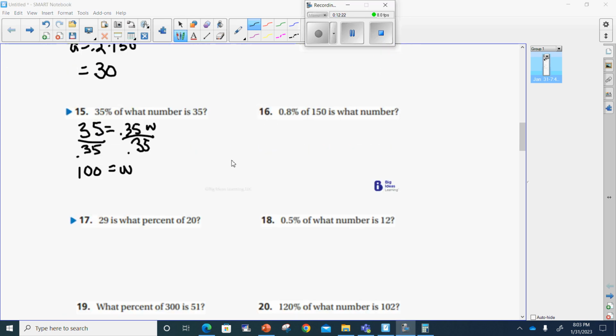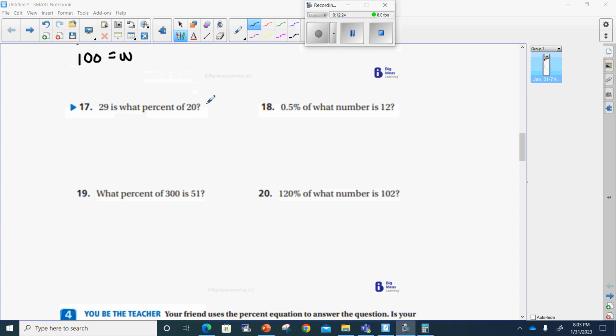All right, let's go to number 17 now. It says 29 is what percent of 20? So "of 20" tells me that 20 is going to be the whole. 29 is the amount, so it's going to be over here as my amount, and that means they're looking for the percent. So I can put the percent over here. I know something times 20 will give me this. I'm going to have to divide 20 away to get P by itself,